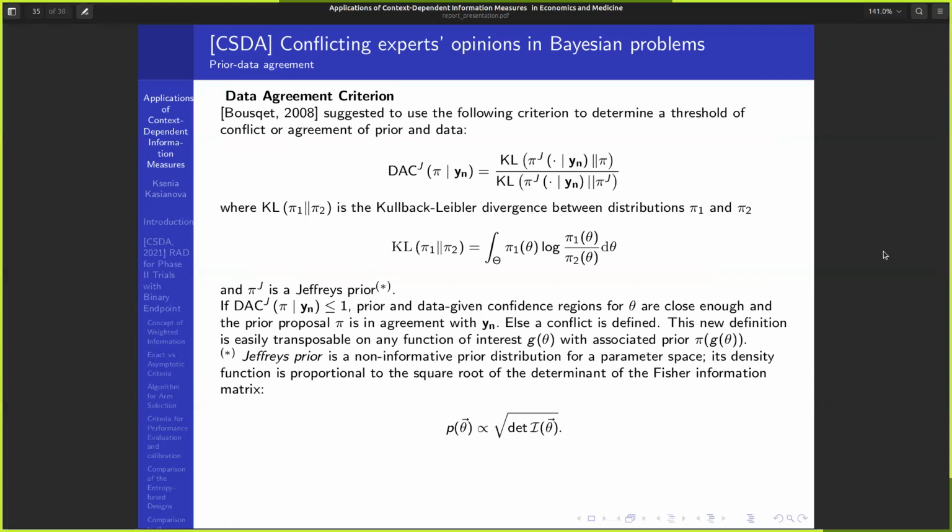So here in Bousquet's paper, he has defined the data agreement criterion, which is defined as the Kullback-Leibler distance between the Jeffreys posterior and the prior that we're interested in, divided by the Kullback-Leibler distance between the Jeffreys posterior and the Jeffreys prior. And Ksenia,